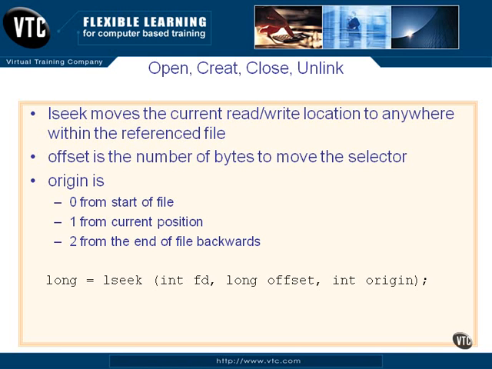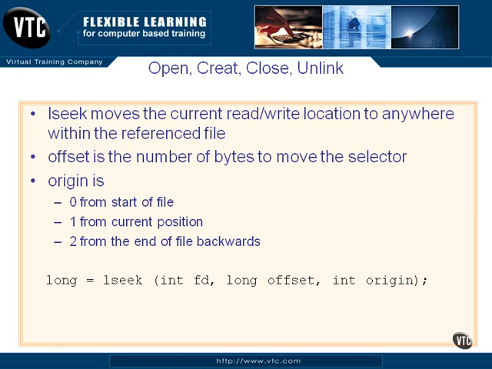And if you use a negative number with the 1, you will back up in the file from your current position. And then if you select a 2 for your origin, the number 2, that goes to the end of the file and runs backwards. So if you want to rewind a file, you've been running through it and you want to get back to the beginning of it, you can do an lseek 0 0, and that will go from the start of the file